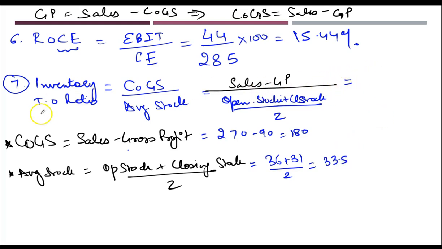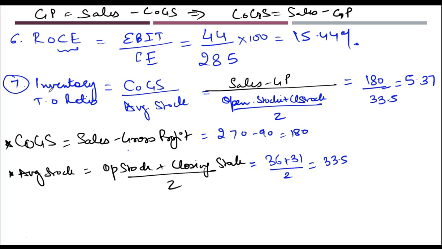So therefore इन्वेंट्री टर्नओवर रेशियो या स्टॉक टर्नओवर रेशियो की वैल्यू हो जाएगी 180 अपॉन 33.5. ठीक है, कैलकुलेट कर सकते हैं. So this value is coming to 5.37. Right. Basically इन्वेंट्री टर्नओवर रेशियो का मतलब है 5.37 टाइम्स एक साल में ये जो है इन्वेंट्री को टर्न